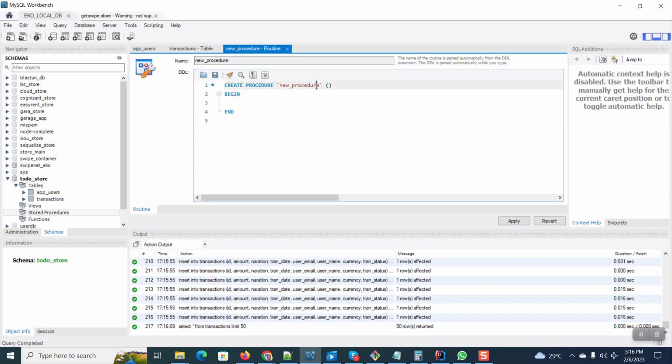It's the same thing. Is it not the same thing that it created for us? Create procedure. The only thing that is omitted here is the delimiter. So I can say, okay, I want to create a procedure. I can say fetch